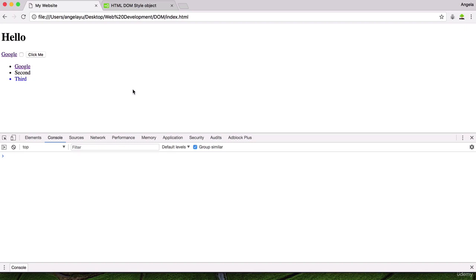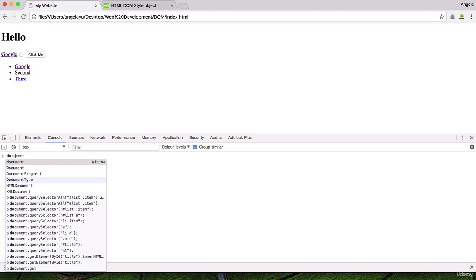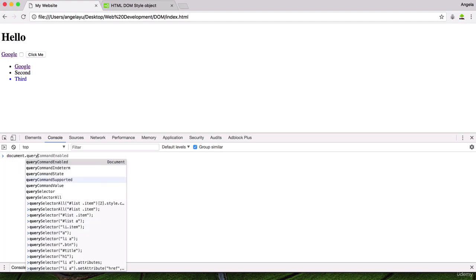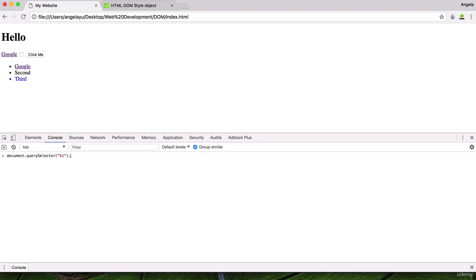All right, so now that we know how to select elements using the DOM, it's time to learn how to use JavaScript to manipulate the elements that we've selected. As you saw earlier on, we were able to change the CSS style dynamically using JavaScript by tapping into the style property of an element object. So for example, we could say document.querySelector h1.style.color equals red. And that selects on the h1 element in our document, changes the style color to a red